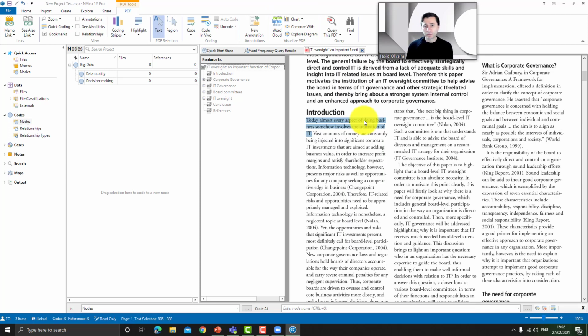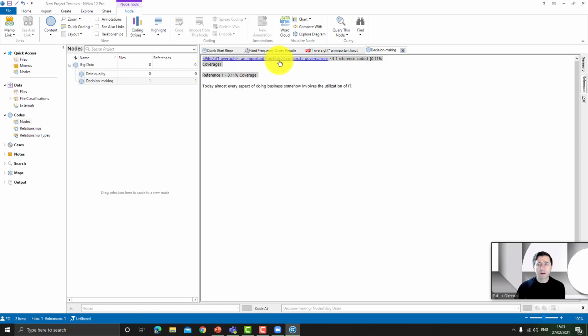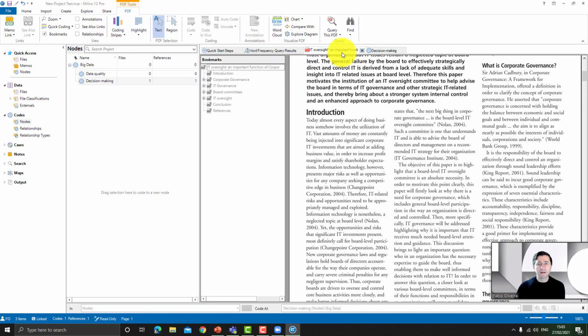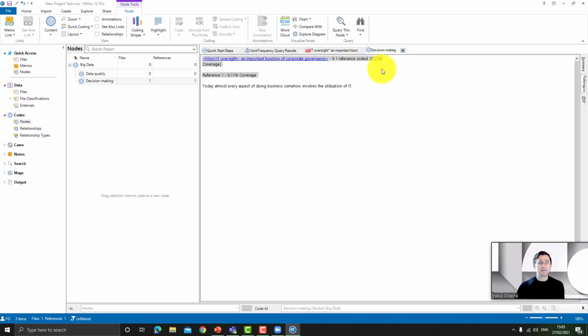Imagine, just for the purpose of the training, that we want to add this extract from the text to Decision Making inside Big Data. So we come here and it's done. Once you did that, you double click on the node and you can see that the extract from the text is here, and you can see as well the source of this extraction. And you can see that you have the file here. You can change the visualization very fast, and you can navigate in all of them.